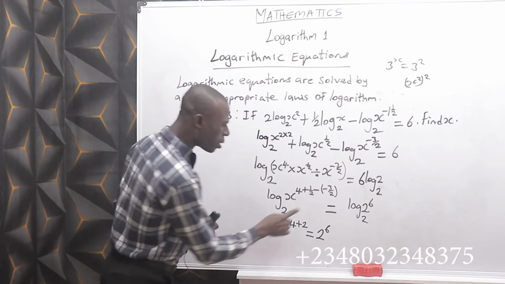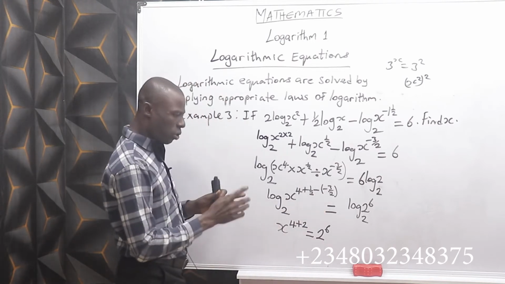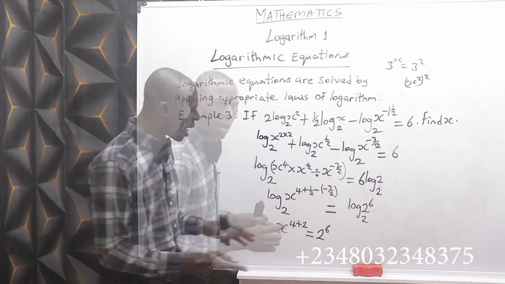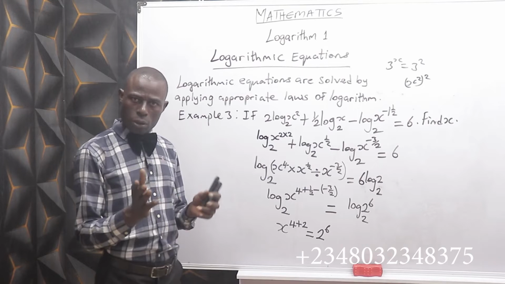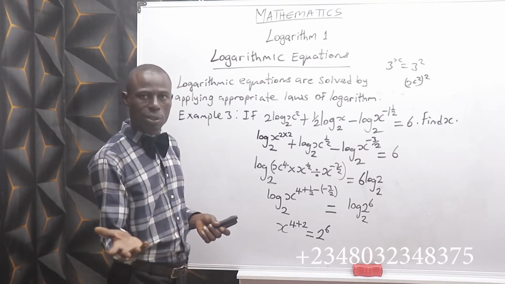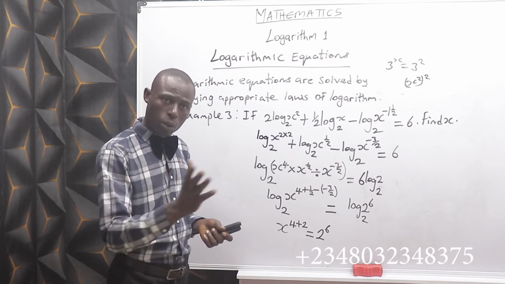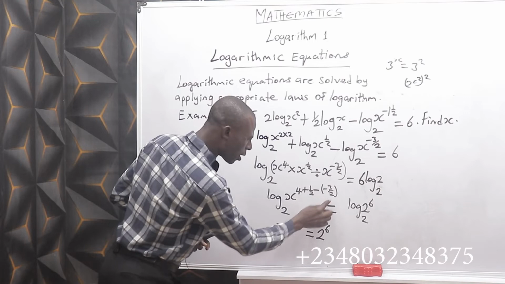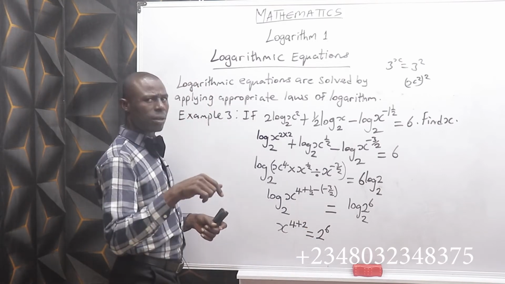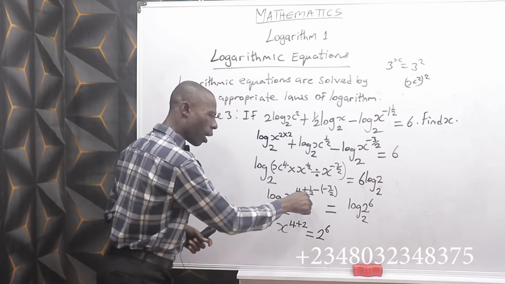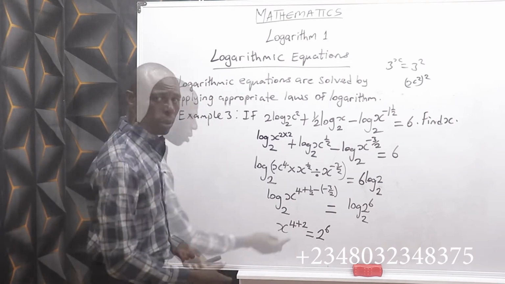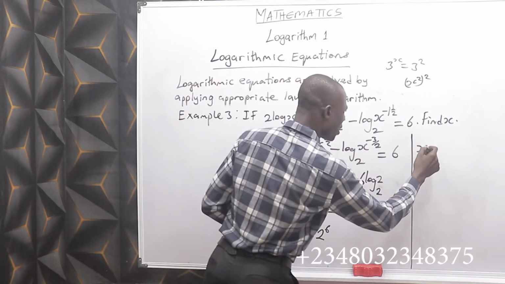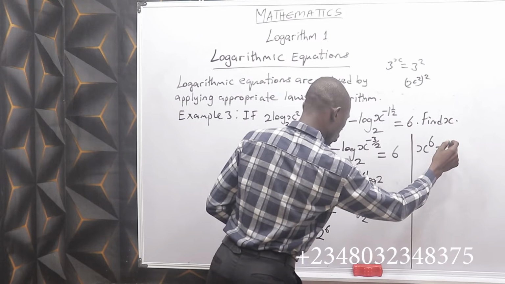How? Follow now. Minus times minus here is positive. When you add half to 3 over 2, that gives you 2. You know, you are no longer GS1 students. You are preparing for WAEC or any external exam of I class. 3 over 2 is the same thing as 1.5. 1.5 added to half, what's that? That's 2. That's why we have these 2. X raised to power 4 plus 2 means x raised to power 6, which is equal to 2 raised to